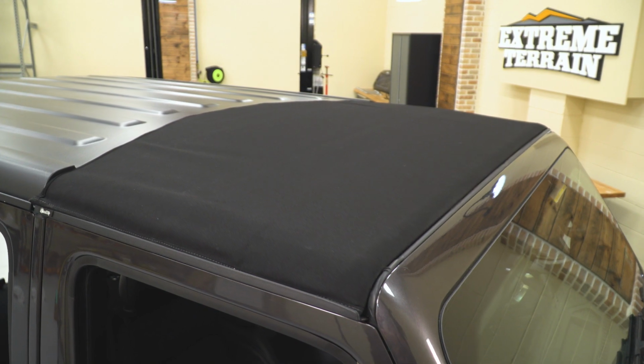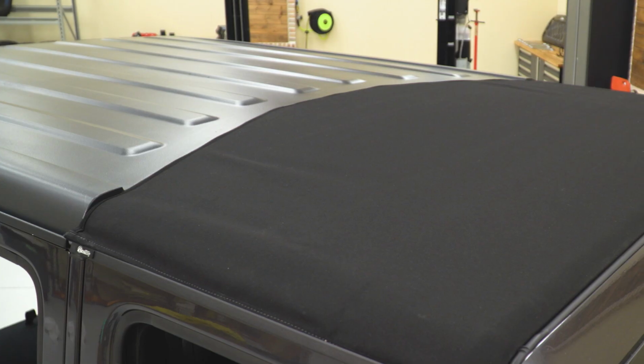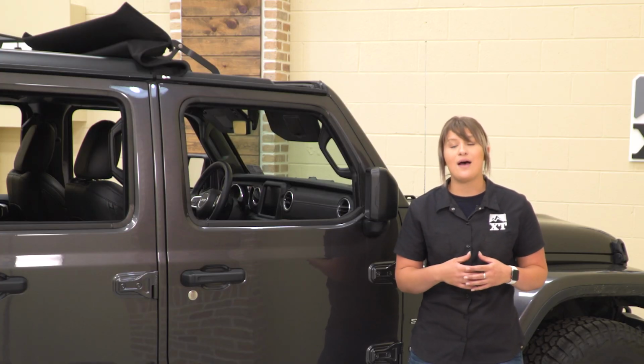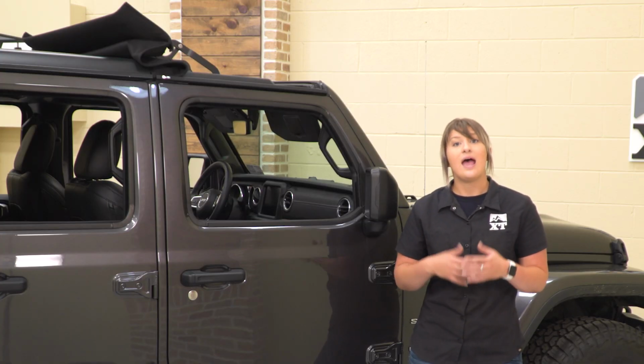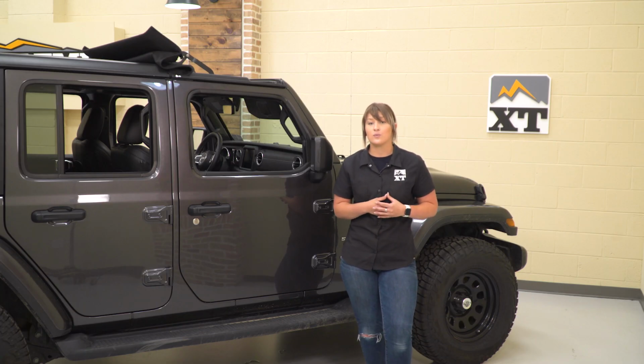So as far as price goes, this is going to be a little bit pricey at roughly $800, but in my personal opinion, I think that this is a very unique product. Bestop is one of the only manufacturers to come up with something like this, and it's also going to have a lot of quality in the design as well as in the material. So I think for that $800, you are really getting your money's worth for something that gives you the best